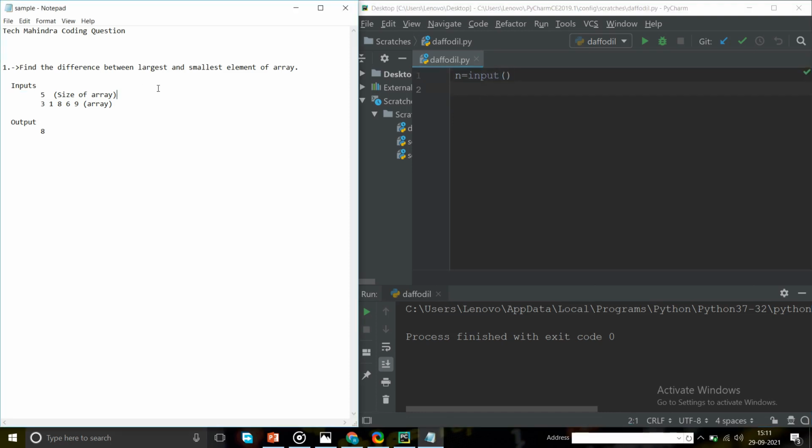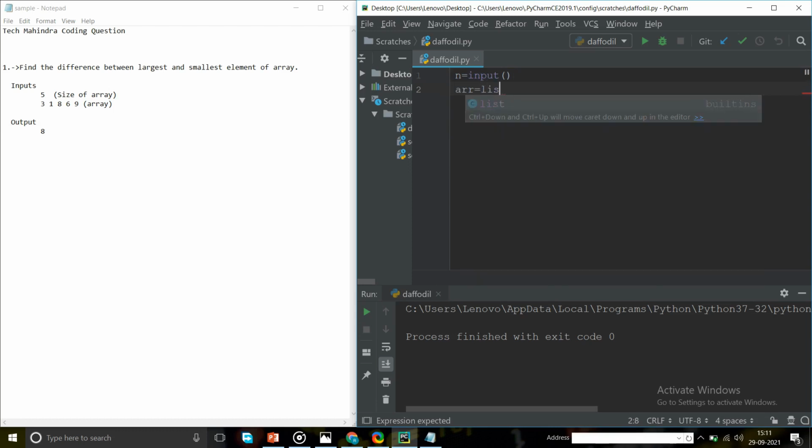I will be doing things line by line and try to solve in a very easy manner so that you can get all the things. So this is the input for array size n. Next we will be taking the input array. So this is list, map.